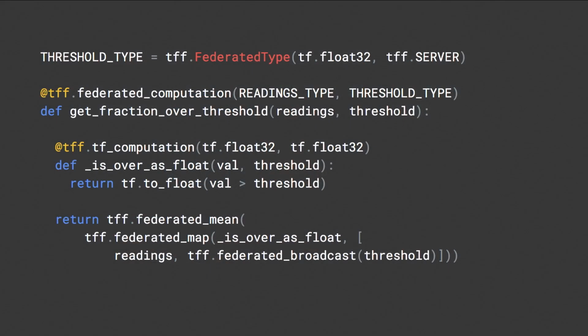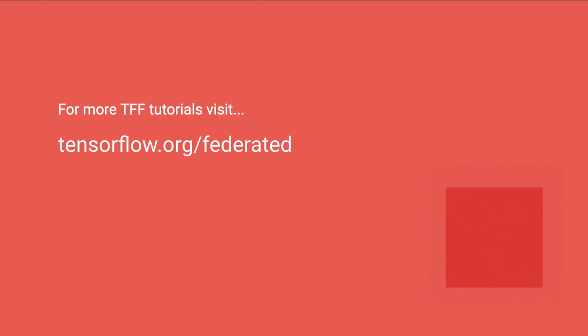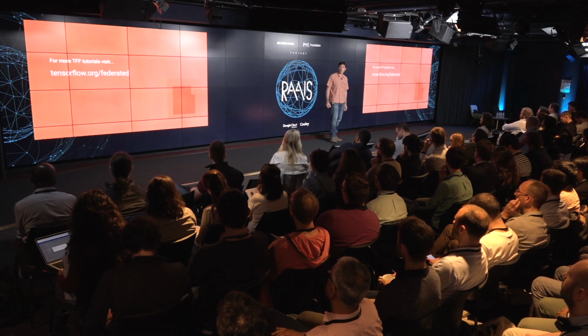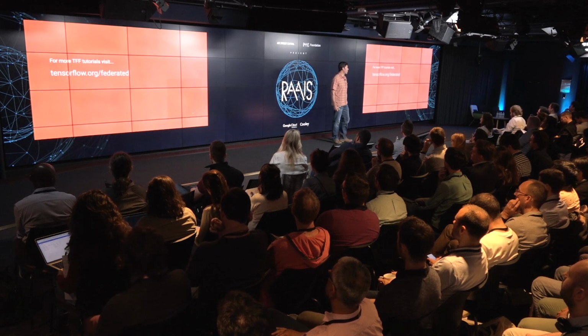I'm not going to have time to walk through this complete example, but this is basically that full example in TFF code. I think it reads a lot like the pseudocode you would naturally write for this. So it's an expressive, declarative way of describing complete distributed systems. If this is interesting or might be useful to you, I really encourage you to check out tensorflow.org/federated. In particular, the tutorials are a great place to start. You can load them in Google Colab, so they fully execute in the browser. You can modify them, start executing things, and try it out for yourself in just a few mouse clicks.